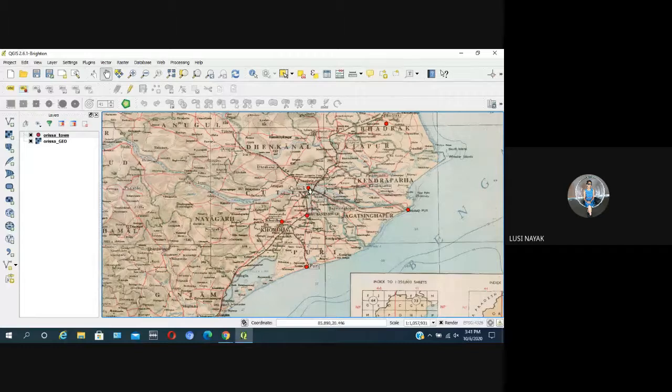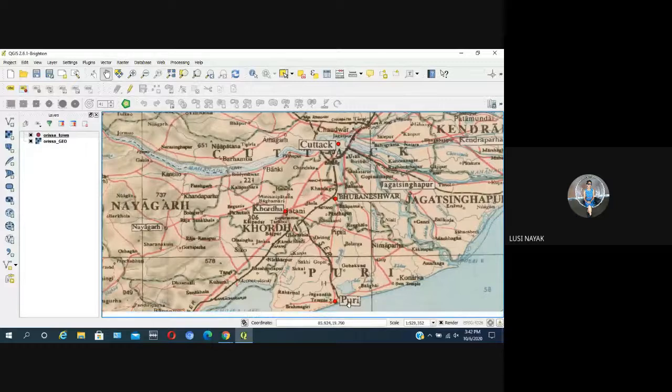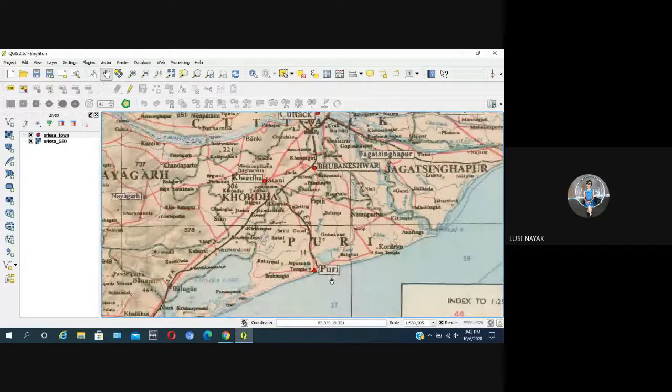Then Cuttack, just opposite. Cuttack. Then Khordha. See.